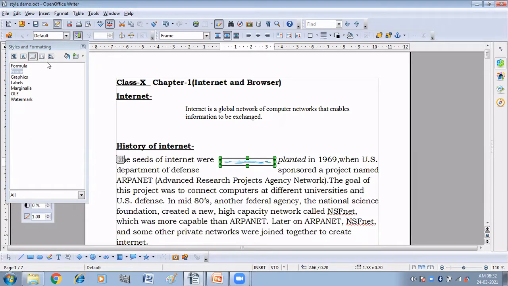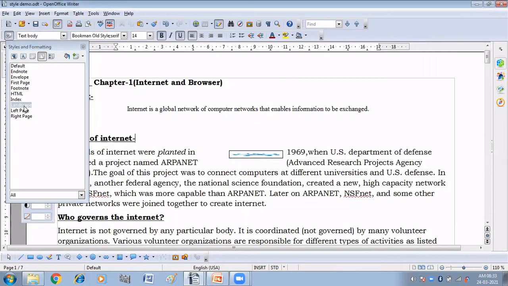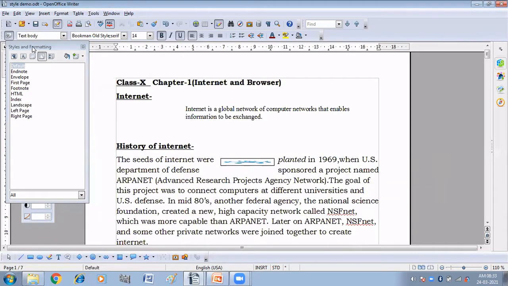Okay, then here we have page style. Okay, which is applied on the whole page. Okay, page style includes margins, headers and footers, borders, and backgrounds. Okay, so here we are going to apply the page style like landscape. So my page has become landscape, right? Okay, earlier it was portrait, now it has become landscape. Fine. Default. So these are the different page styles that we can apply on the page.